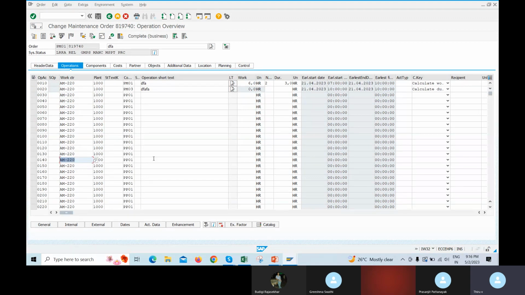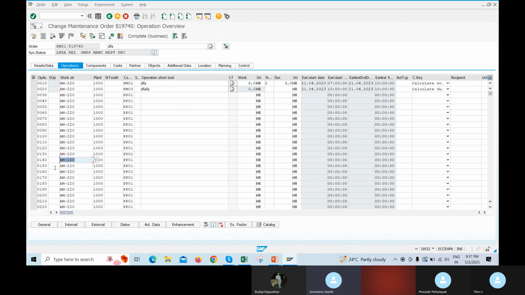This maintenance order is for maintenance of which object? What is a technical object? Equipment and functional location. So where does the work center come from if both are there?